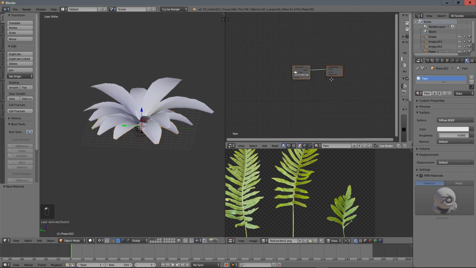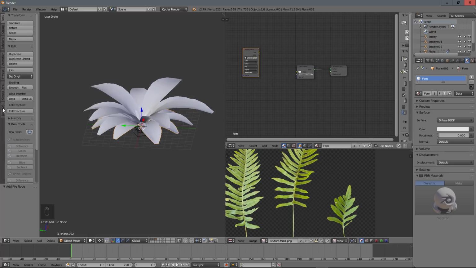Perfect. And we will start to create our shader. So first of all, we will need our texture. We can just click and drag from here to there, and we will have our node. What we will do is just create a simple HDR lighting, and for that I use Easy HDRI